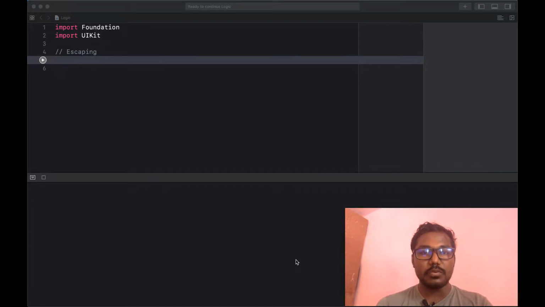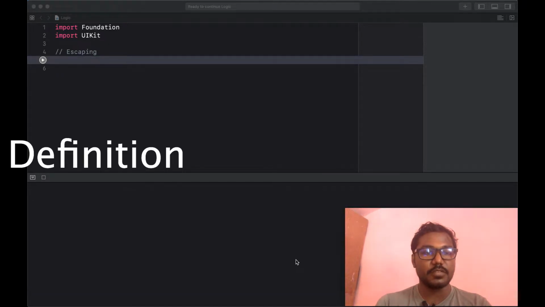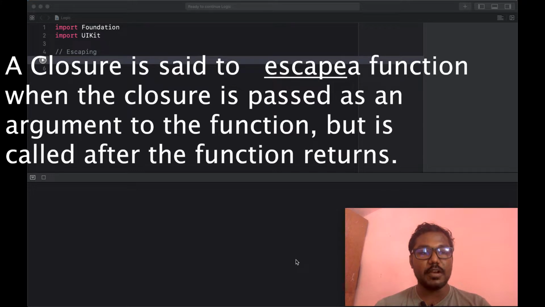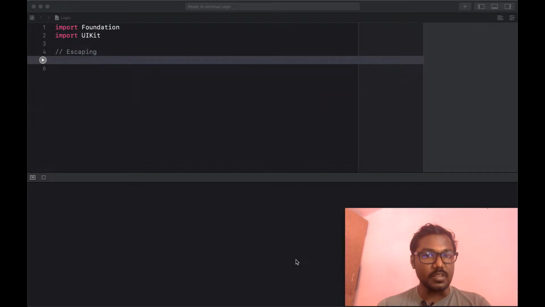Now we are going to see the definition of the escaping closure. A closure is said to escape a function when the closure is passed as an argument to the function but is called after the function returns. Likewise, we can call the closure inside of the function.